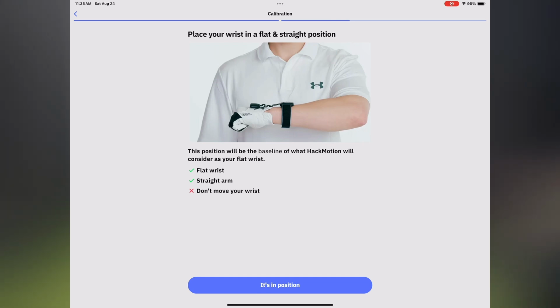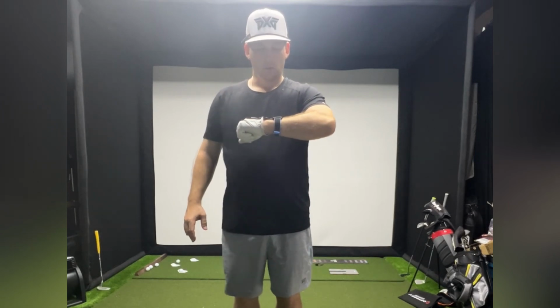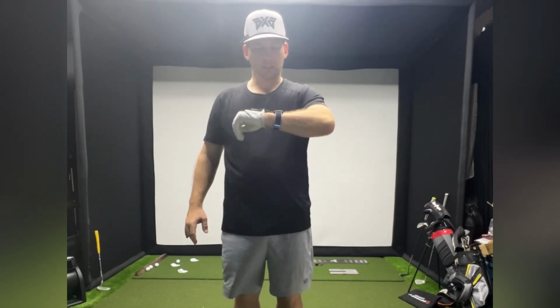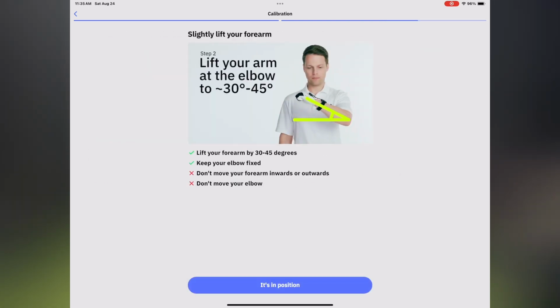With the Hack Motion, we'll consider your flat wrist. Don't move your wrist. Basically, you want to stand like this. Don't have your wrist like this or like this. You want it to be as straight as possible. And then you press it's in position. And then you